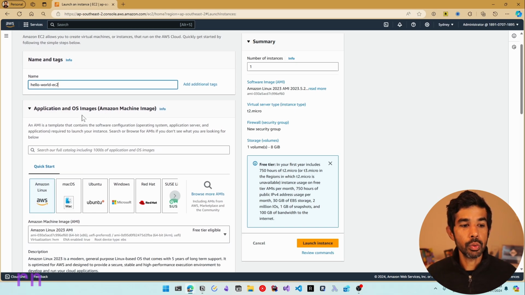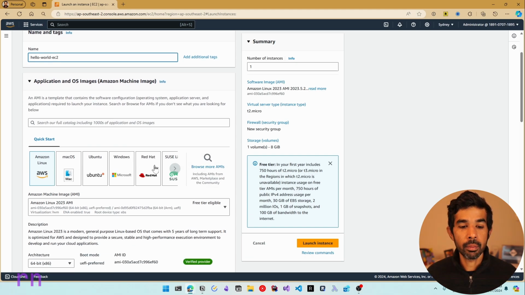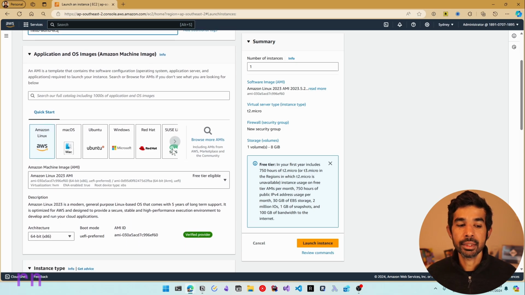Now we'll need to choose an OS image for our application to run on. Now, since .NET 8 runs on Linux, we can choose Linux in this specific case. Now, I could choose any of the images that's available here based on your application needs and hosting requirements. Now, in this case, I'm going to stick with the default Amazon Linux 2023, which is also enabled for the